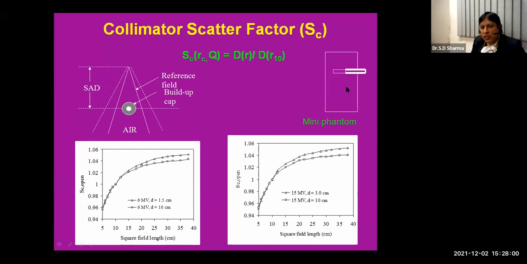And depending on the field size of our interest, we can use the same ionization chamber whatever we use for output measurement of high energy X-ray. The orientation of the ion chamber can be perpendicular to the central beam axis, or it could be parallel to the central beam axis depending on the field size of measurement. But make sure that while measuring this parameter, the phantom dimension shall be such that the field covers the whole phantom.